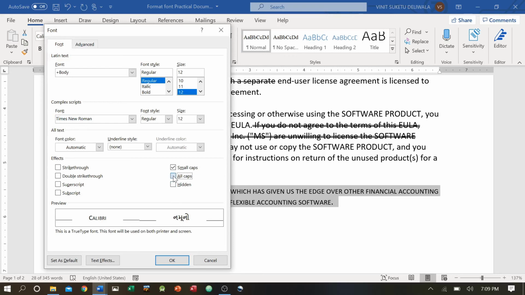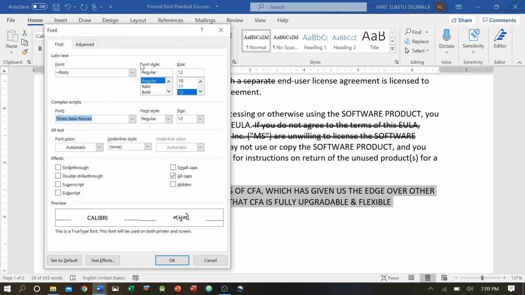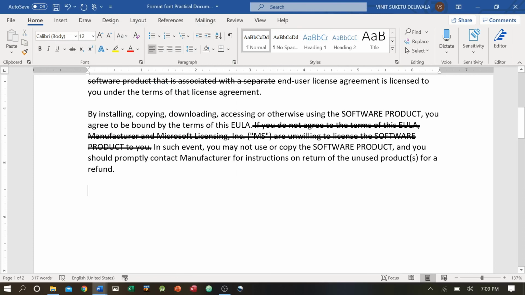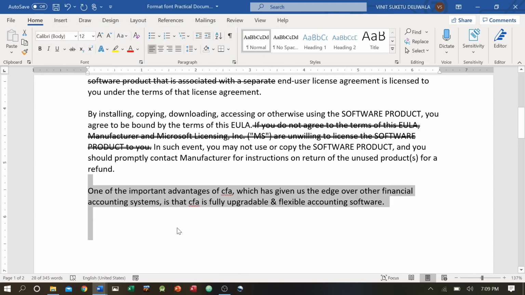Okay, what is the next part? It is all cap. I hope you understand what all caps is. All caps is technically uppercase. Everything is in capital. It is the same as the change case uppercase option. Okay, I'll click here. The next option is hidden. I click here and your formula paragraph is hidden. It is not visible. Okay, only you know that you have hidden that paragraph. I'll select the whole part, go back here, remove this hidden option and say okay. So you have that paragraph back in the document.